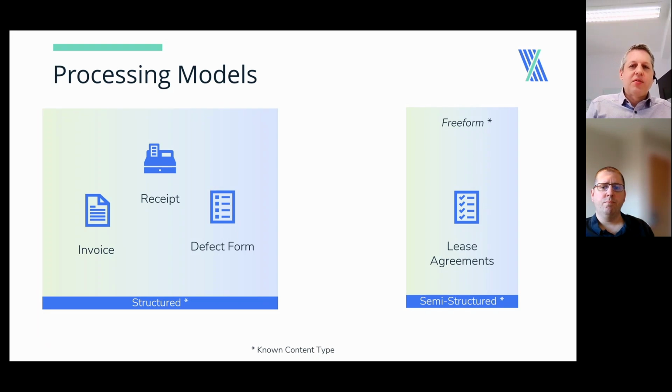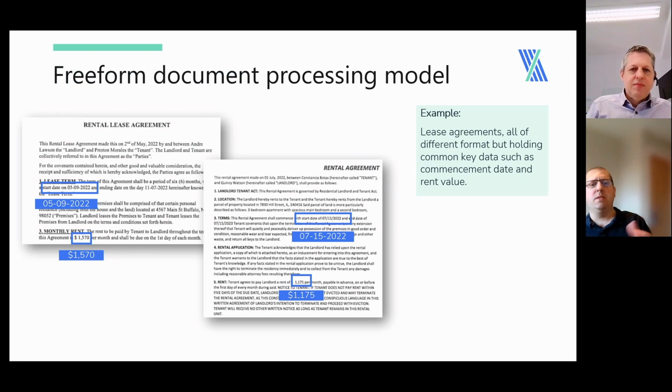Let's move on to what I've called semi-structured, Ben. Yeah, so in this scenario, again, it's information typically that you're receiving from the outside world coming into the organization, but it could be perhaps a bit more letter-based. So in this example, we've got lease agreements. Other examples could be things like master services agreements, NDAs, those types of things, which are quite text heavy, but